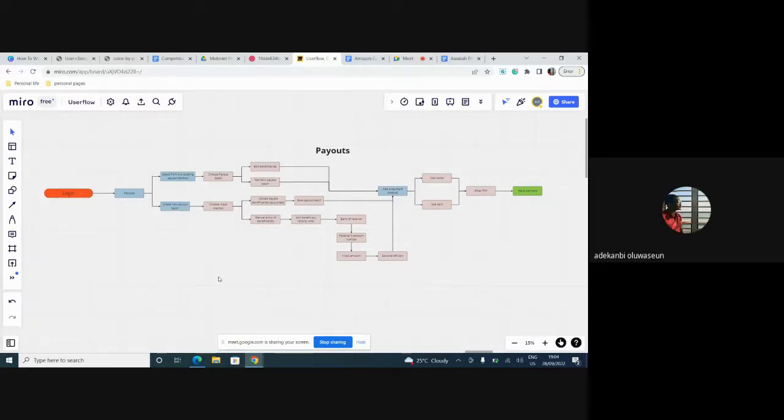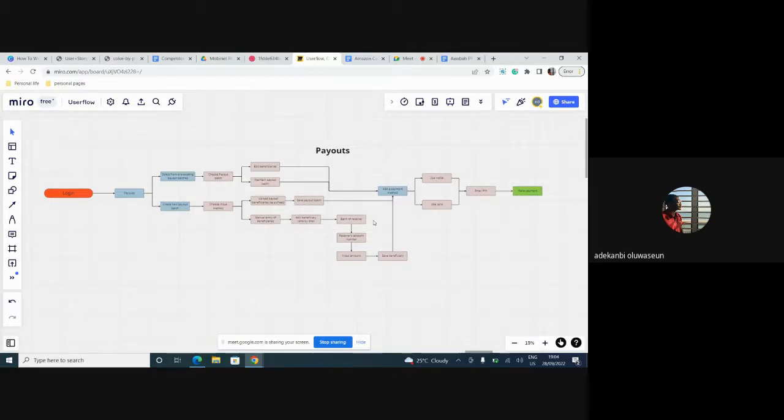Okay. So payouts, for instance, is a feature. Now, payouts, if you check my documentation for payouts, it has its own stories. So within the payout feature, it says that, oh, as a user, I want to be able to send bulk payment to a lot of people so that I can settle or reconcile transactions faster. Now, that's the user story.